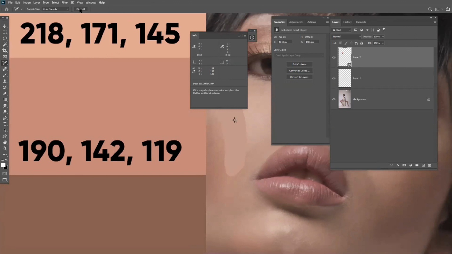Now let me clear it once again and put a 5 by 5 sampler, 3 by 3 sampler. See, 3 by 3 sampler is giving something else. Let's go to average 5 by 5 sampler. Now, you can pinpoint also, or basically take a larger sample also. Let's just take a 5 by 5 sample. So we have 189, 155 and 138. We can see the samples over here.